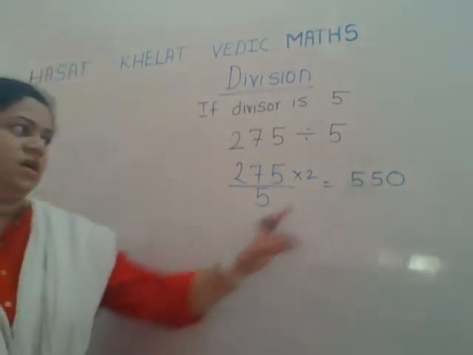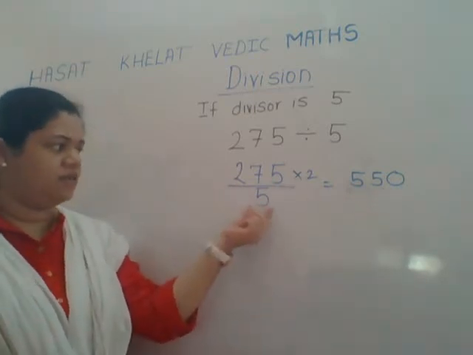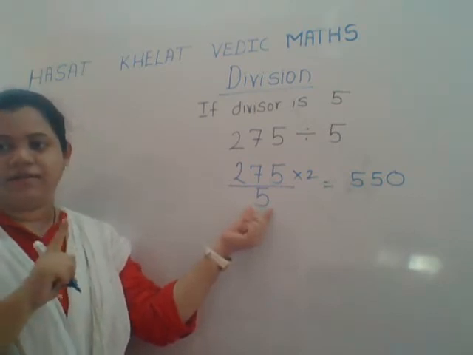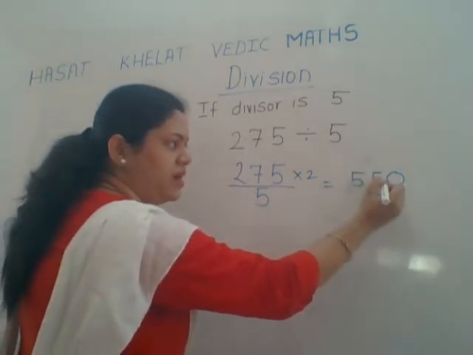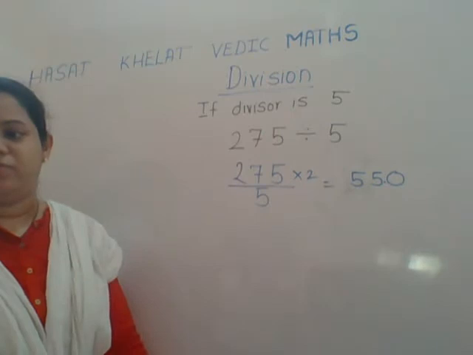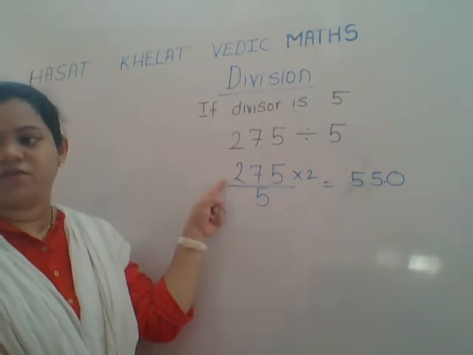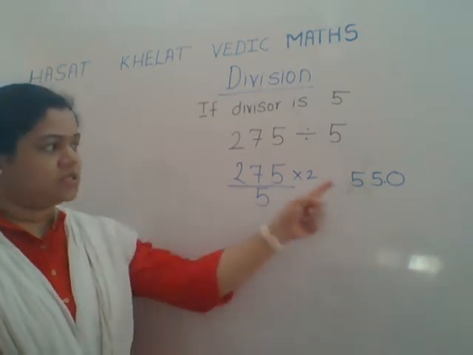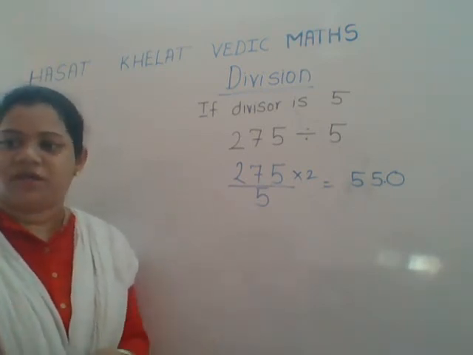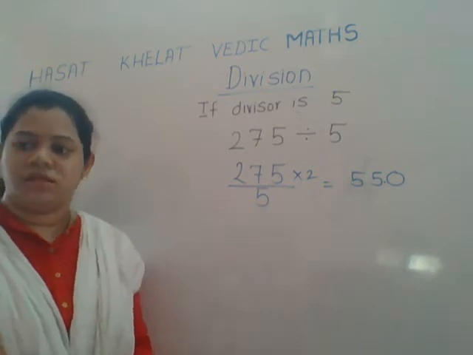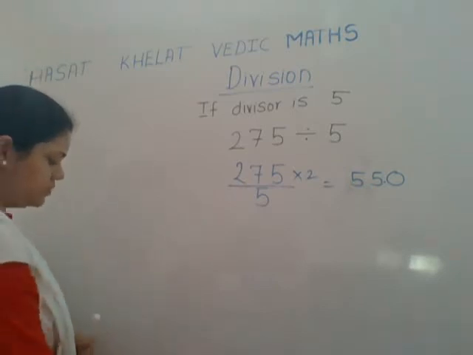And that is 550. After multiplication we got 550. And since in the denominator there is one digit, we will put a dot from the right-hand side after one digit. I took this simple number which was divisible by 5 just to show you the method. In this way, if any number comes, whether it is divisible by 5 or not, you can still perform the division. Okay, let's see one more example.